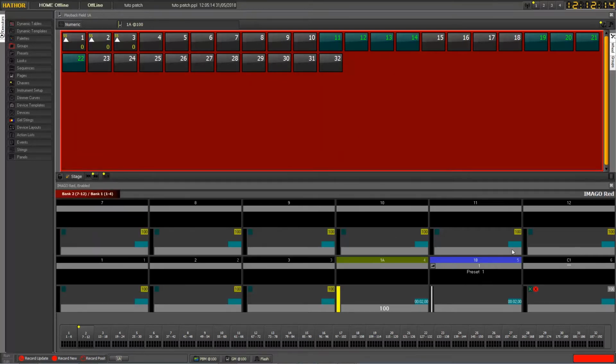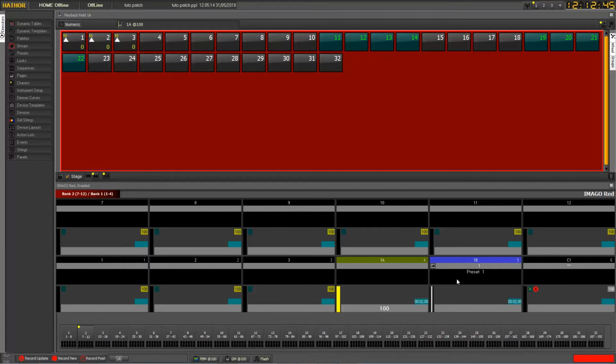As you can see here now, my 3 last faders of my console are assigned to my new functions. So I've got here playback 1A and playback 1B, and the last submaster is assigned to C1,